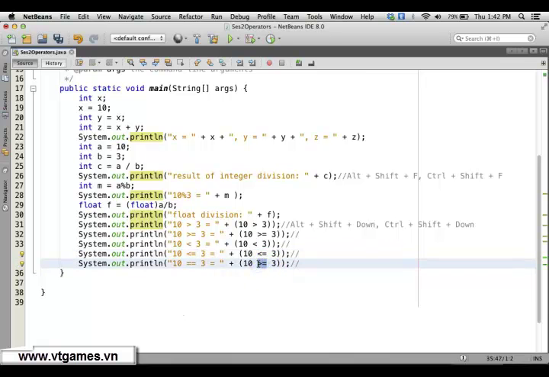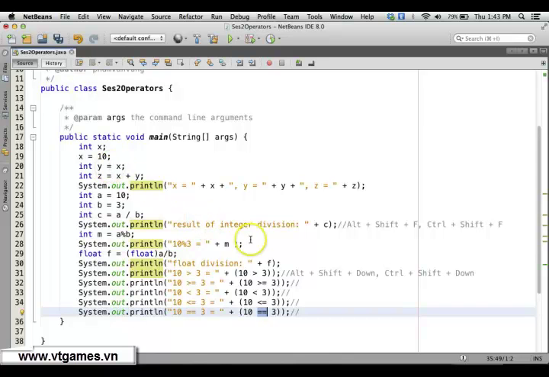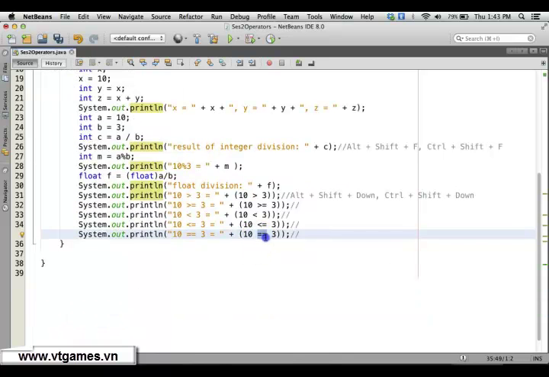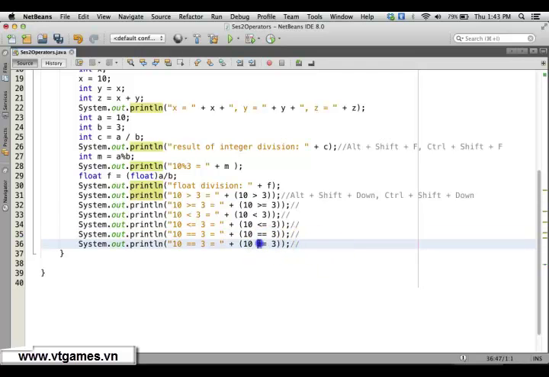And this one, in order to compare if the two values are equal, you're going to use a double equal sign, not a single equal sign, because a single equal sign is the assignment operator. So we have to use two equal signs for the equal check there. Okay, we can test another one, to see if they are different from one another. And if you execute this,